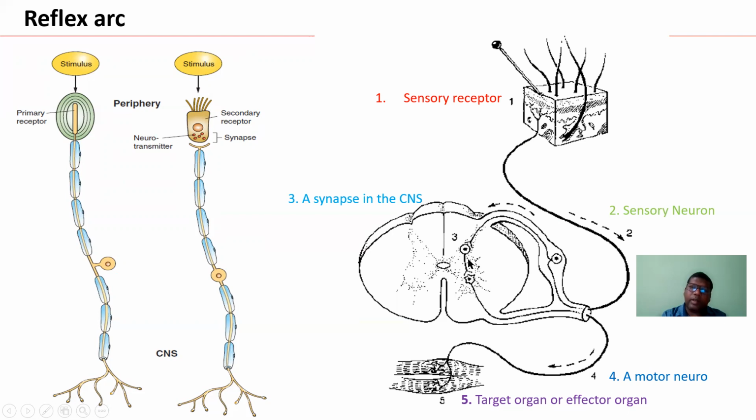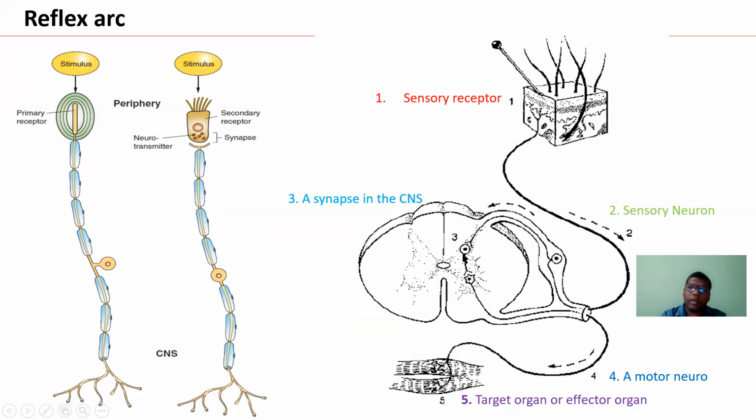This is the interneuron. Through the interneuron, they are synapsing with the motor neuron. So this interneuron may not always be necessary to form a reflex arc. The sensory neuron we have seen in the knee jerk, the sensory neuron can directly synapse with the motor neuron without an interneuron. So then they form the reflex.